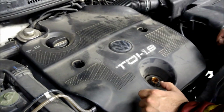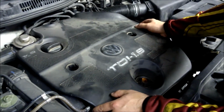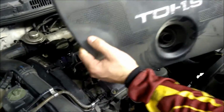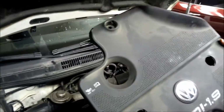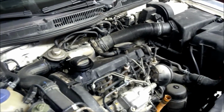Hey guys, gonna show you how to change the oil on a 2002 Jetta TDI. This has got the 1.9. So 2 bolts, actually 3, but I'm missing the one. Take those 2 bolts out for me. After that,